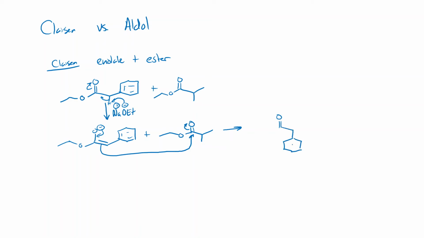The benzene ring is attached to the alpha carbon, and the alpha carbon is attached to the carbonyl carbon. You get this. And then, of course, all that's left is kick out the leaving group and make the 1,3-dicarbonyl. Right, so our final product in this case will be